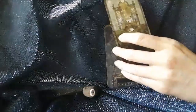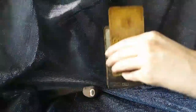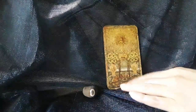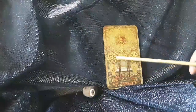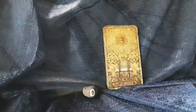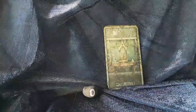This is the Death card. It doesn't have a title, it just has a number on the bottom for this one in particular. And there's a skeleton there, and the clock. Wow, a lot of symbolism. I don't want to talk too much about the cards because I want you to kind of watch and reflect on your own. There's the Sun card, and so there's the sunflowers, and it looks like a sun god, a Hindu sun god. The Judgement card, this one came up when I did a reading for a friend of mine